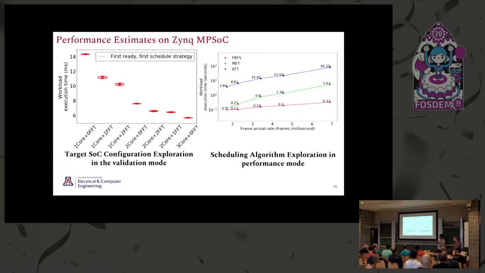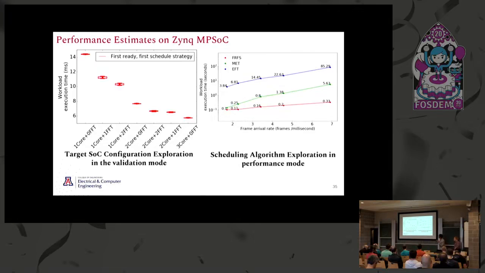So we do the design space exploration of which configuration will suit best for our target applications. And we then narrow down on these particular configurations, depending on the performance requirement and energy requirement, and we can select any of these configurations for doing further analysis. For this particular plot, we have selected a configuration which is composed of 2 CPU cores and 2 FFT